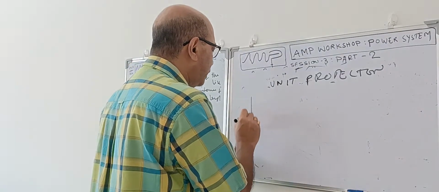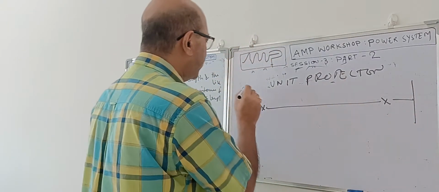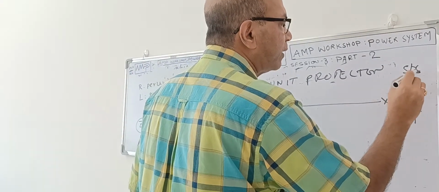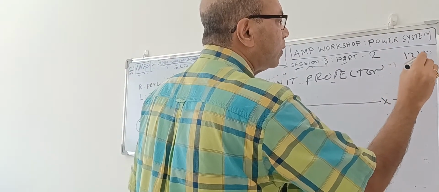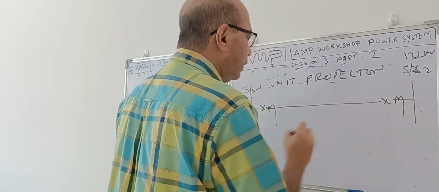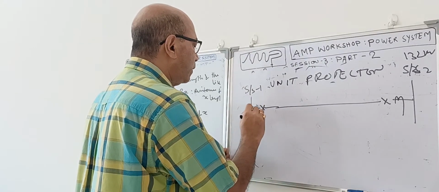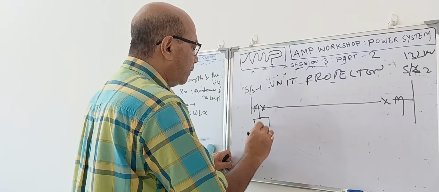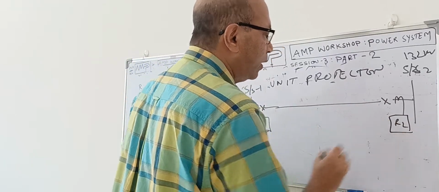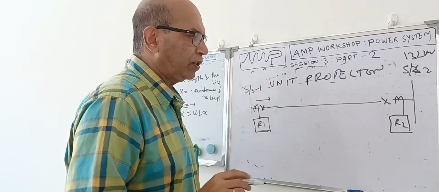Suppose this is a transmission line, this is substation 1 and this is substation 2. Suppose it is a 132 kV substation. There is a relay over here and a relay over here. Or you can put the CT on the bus side, so the breaker will also be included within the protection. This is a CT. There is one relay over here and another relay over here. So these are distance protection. This relay is looking this way, so it will operate as per distance protection.